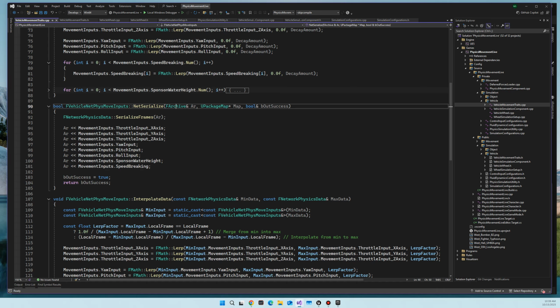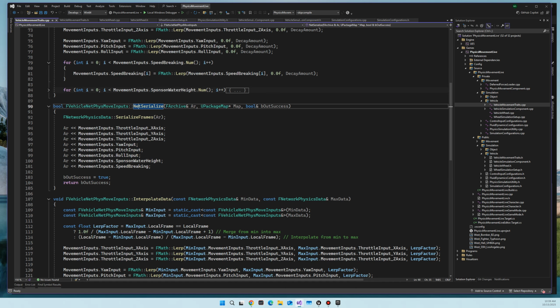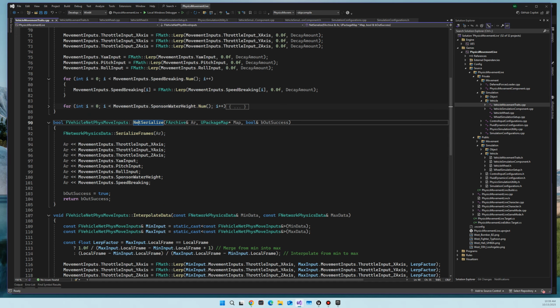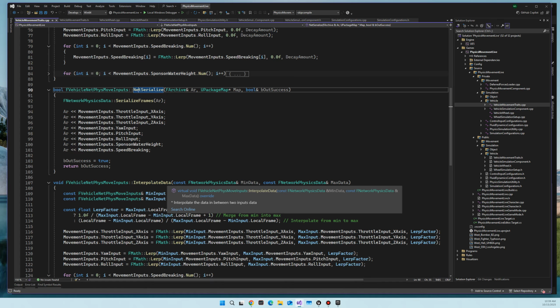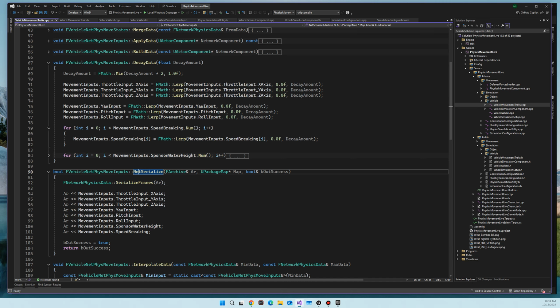This is our archive serialization. And this is very important when using the interpolation, right? The way that this system works is it uses network interpolation if we want to run over the network. And so the first thing we want to do is go ahead and update